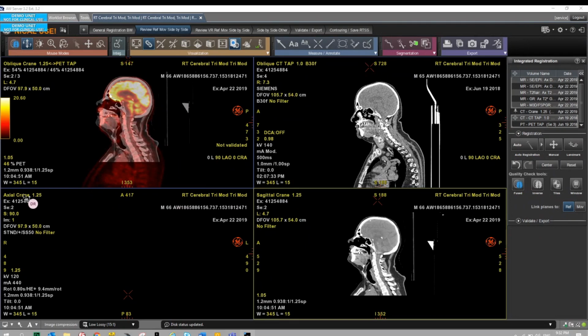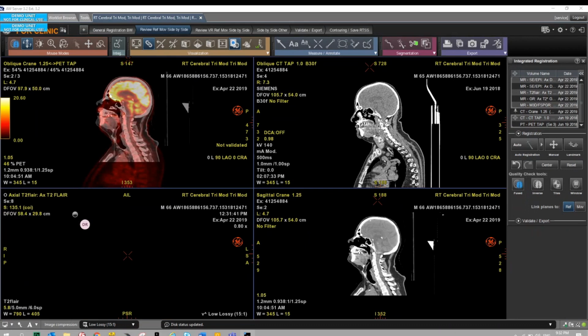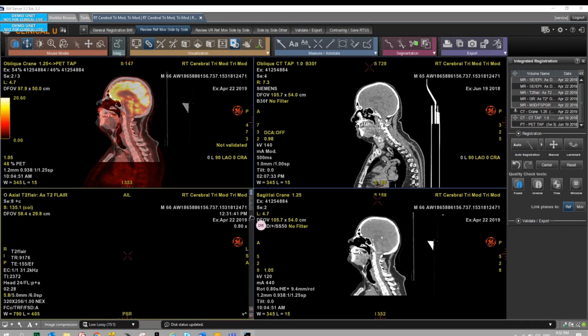With the multimodality tools, it's really important to get some MRI images, so we can have on the pop-up the available sequences that are not, for instance, correctly registered.